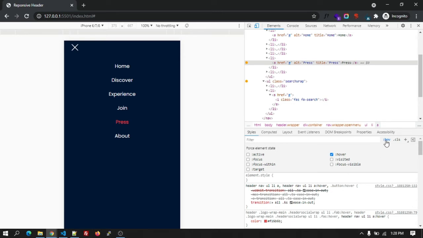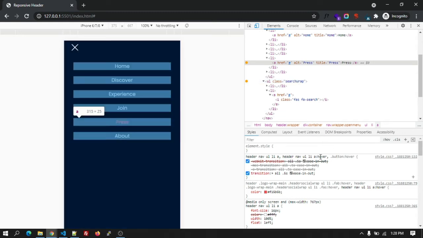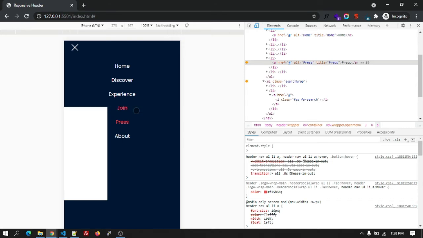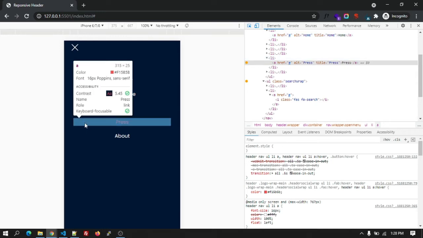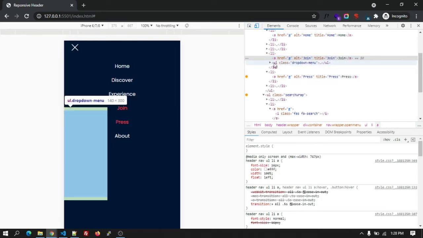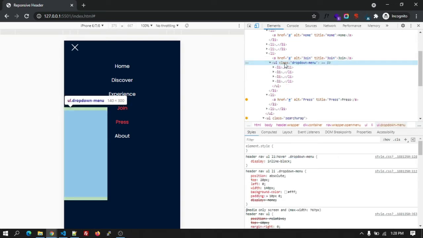No, it's changing the color. My bad. Okay, it's changing the color. It's proper. So in the join, we have sub navigation. After clicking on that, we have got sub navigation under the join. So you can see here, the drop down. So it's showing like this.